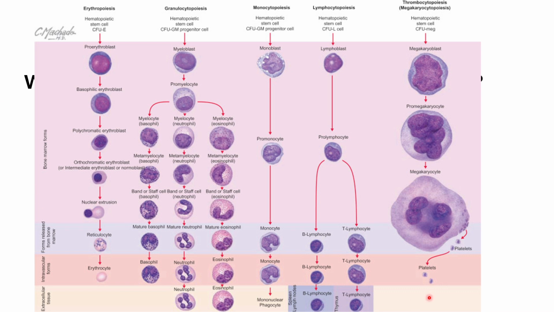So here is a very, very, very good diagram. It is one of my most favorite diagrams when talking about blood cell maturation because it is true to its size. And here you can see the different poiesis, or blood cell making, depending on the lineage. And you can see which cells should only be seen in the bone marrow, the ones that are released by the bone marrow, ones that are seen within the peripheral blood smear or within the blood vessels, and ones which can traverse into the surrounding connective tissues or other tissues.